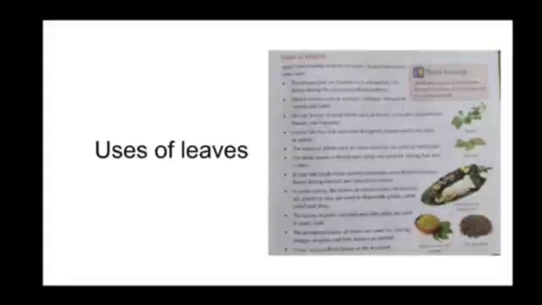We use leaves of some herbs such as thyme, coriander leaves like dhania, and mint, pudina, for flavor and fragrance in vegetables also. Leaves like bay leaf and dried fenugreek like kasuri methi are used as a form of spices. Next, the leaves of plants such as neem and tulsi are used as medicine. They have medicinal value. The dried leaves of henna and indigo are used for dyeing hair, and clothes are dyed. Okay, mehendi we use. So they are obtained by drying of leaves.